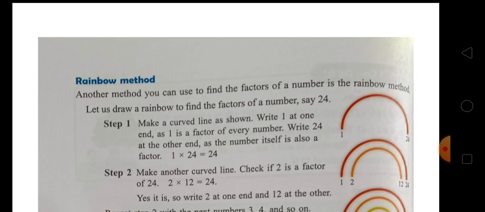To do so, start with the number 1 and then 2 and continue finding other factors in serial order. You will see that there is no number that on multiplying by 4 or 5 gives 18. So neither 4 nor 5 is a factor of 18. You stop at 5 as you have already found 6 to be a factor of 18.